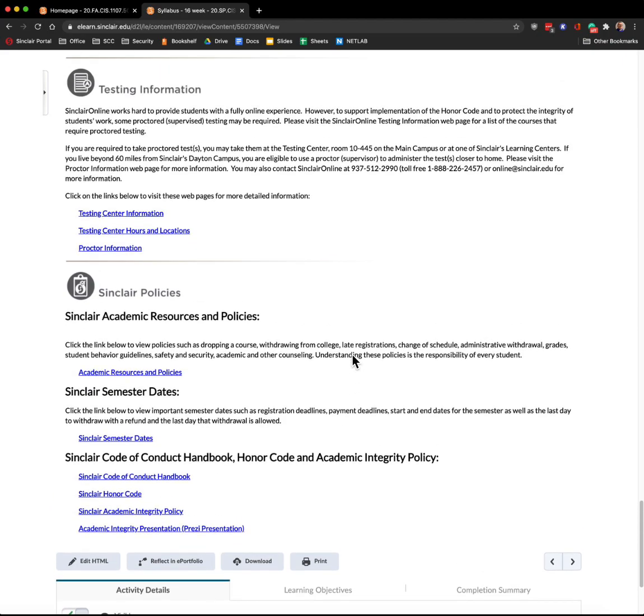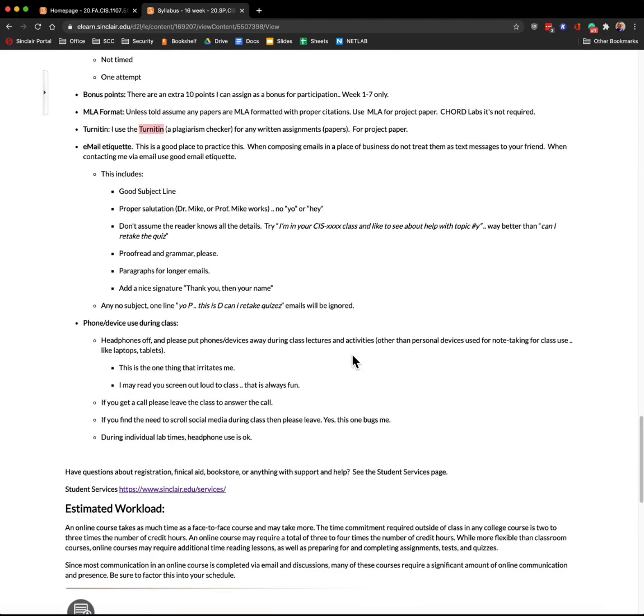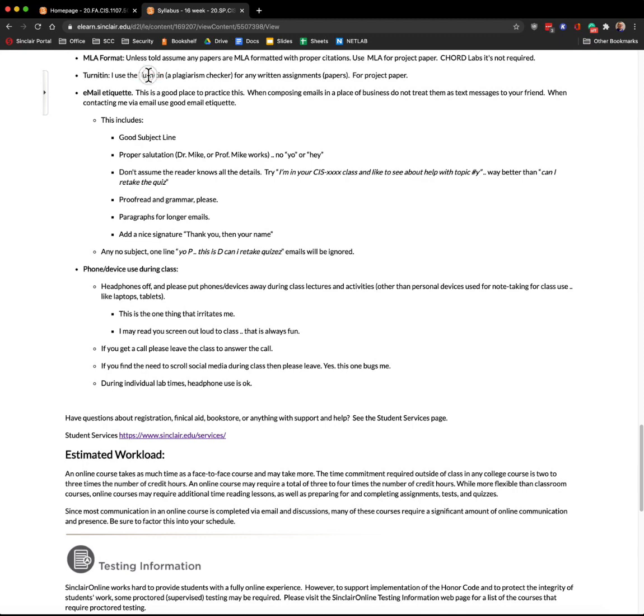So integrity is very important. If you copy screenshots from another fellow user, which you shouldn't be doing, and that is caught, that does count. So do your own work. If you have issues, email me, I'll help you out. Or drop in for office hours, either face-to-face or online.